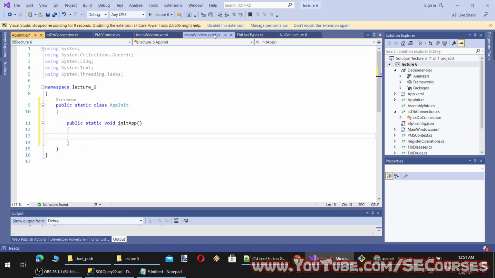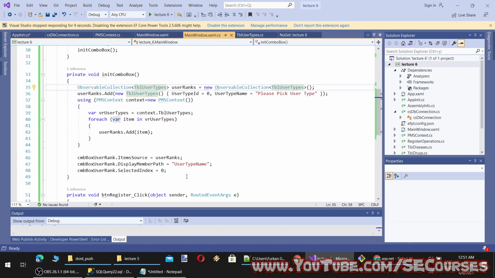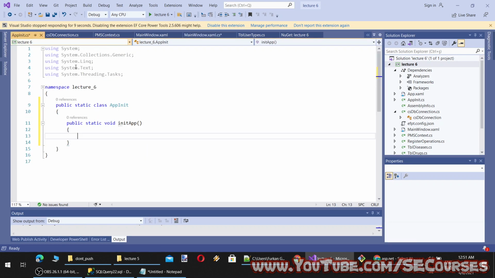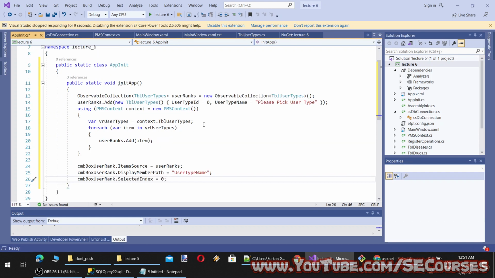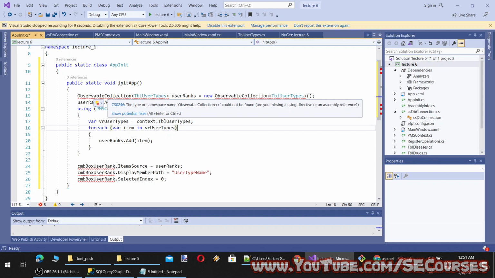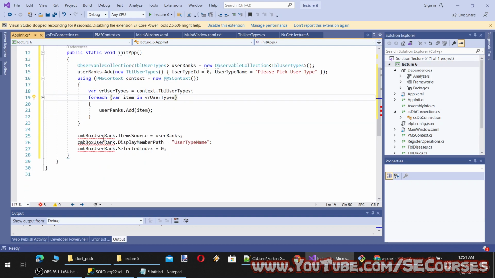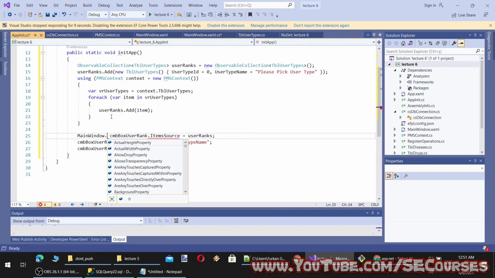And here we will do the same. So it will be something like this. Okay, now you will see we are getting an error of observable collection because we need to add a reference. We have added it, but then we are not able to access this. So how are we going to access it? Simply by our main window.